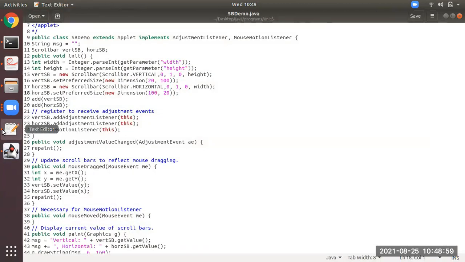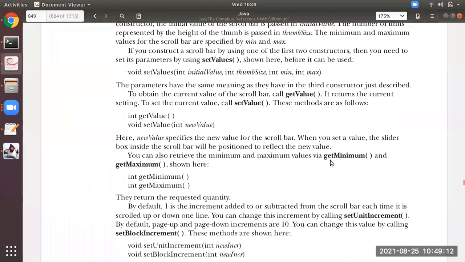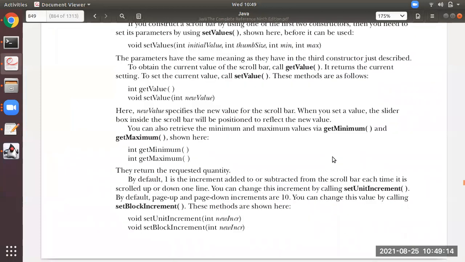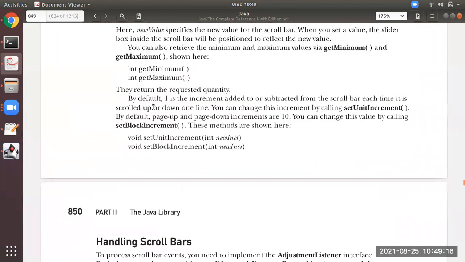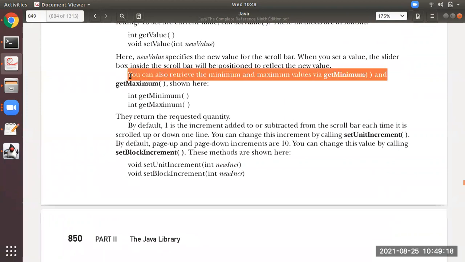You can see in the program set value and set value for X location. Okay, and you can see these get methods. And you can also retrieve the minimum and maximum values via get minimum and get maximum.